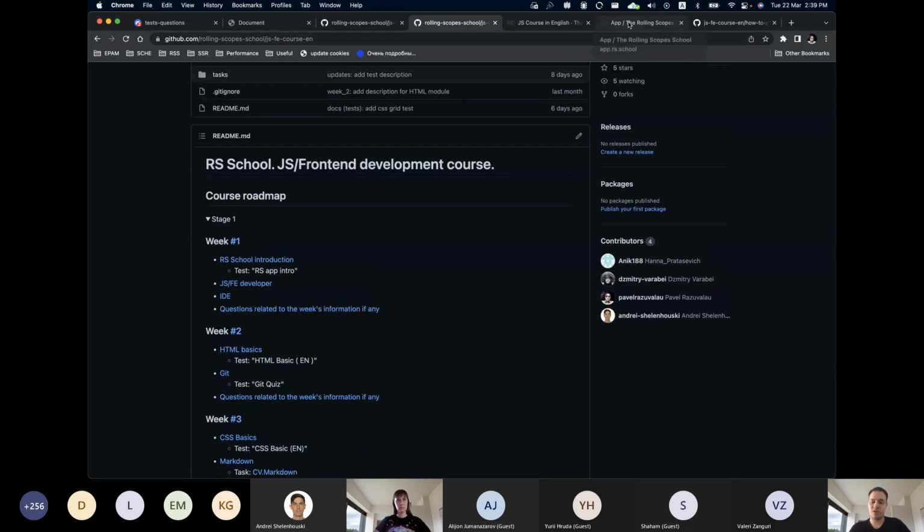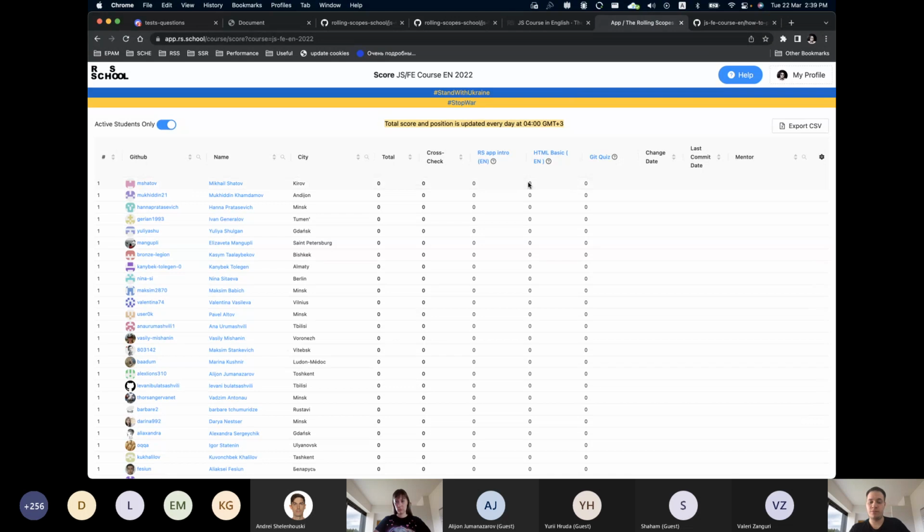Some of the tasks could be checked automatically by auto tests. In this case, you'll obtain the score from 0 to 100 based on the amount of tests that are passed successfully.